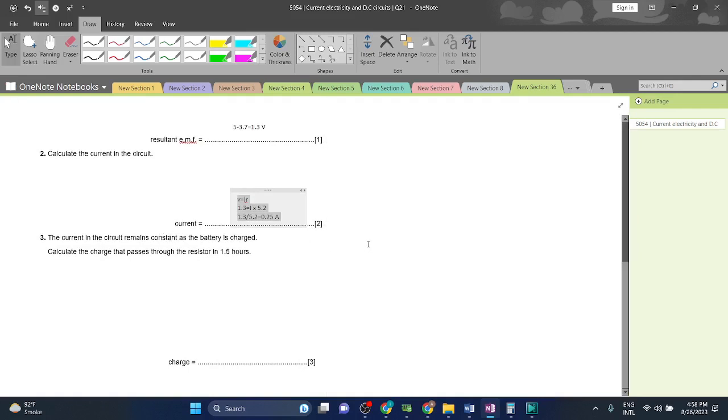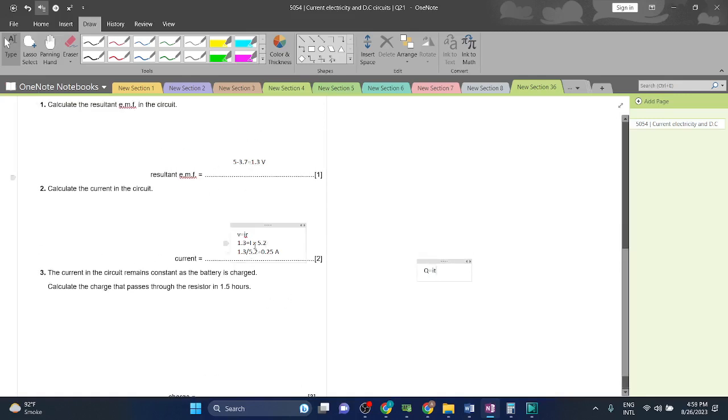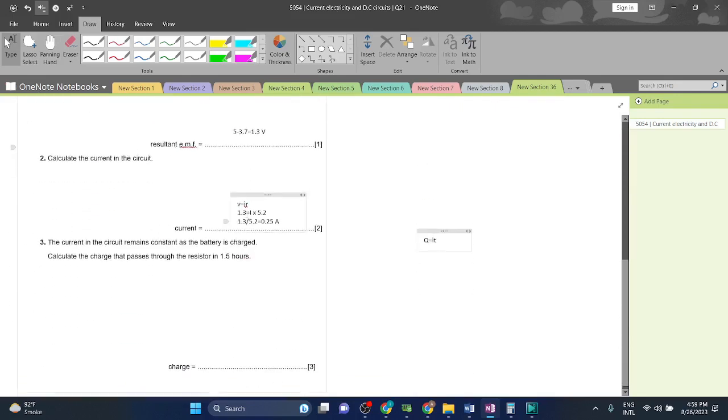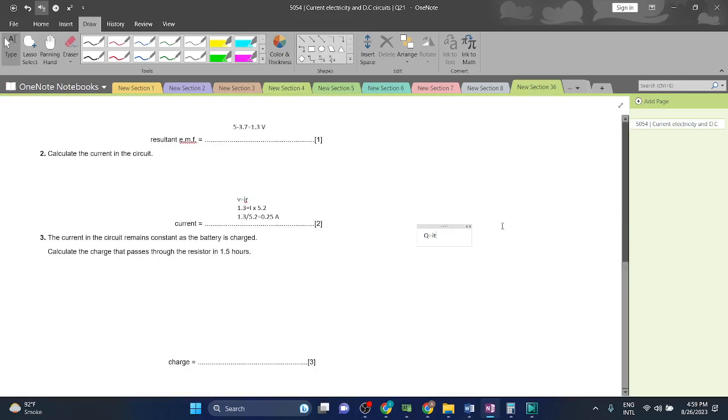The current in the circuit remains constant as the battery is charged. Calculate the charge that passes through the resistor in 1.5 hours. For this question, we're going to apply the formula Q equals IT. We have the EMF, the current, and the resistance, and with those values we have to find out what the charge is. Additionally, we have also been given the time, and whenever time is given, you can automatically assume that it is a question related to charge. So Q will be equal to